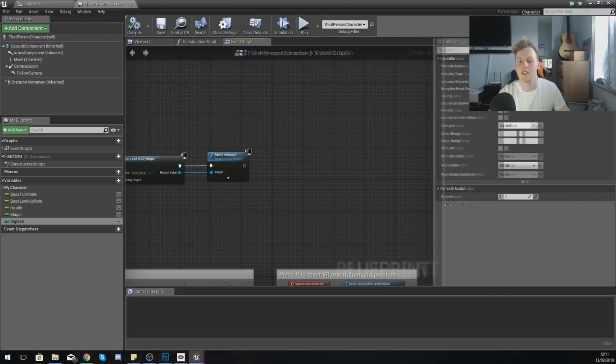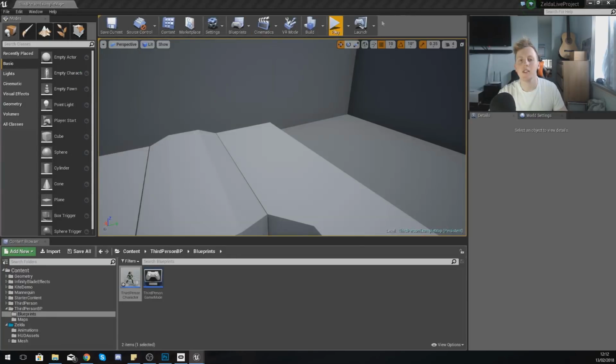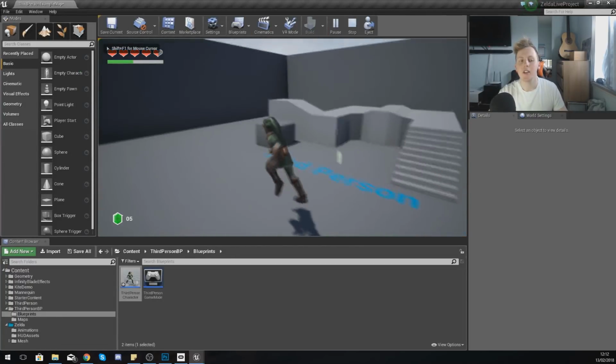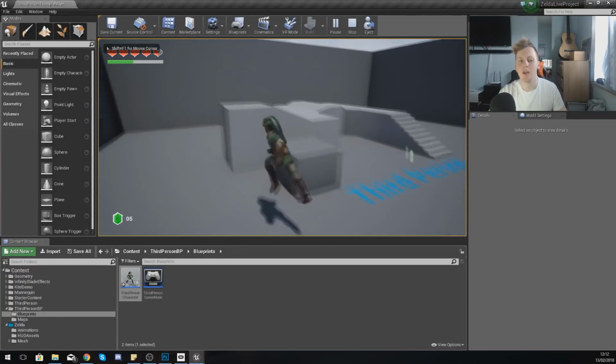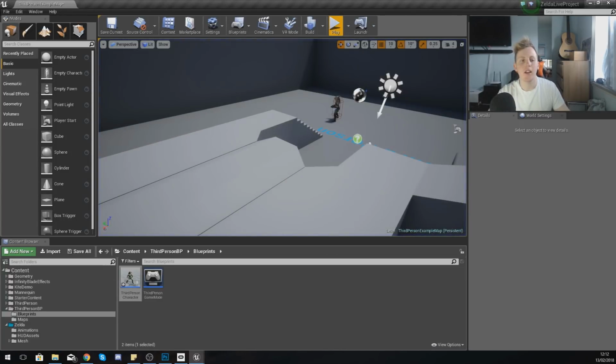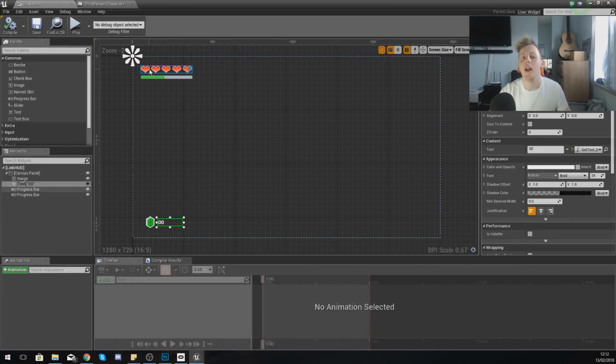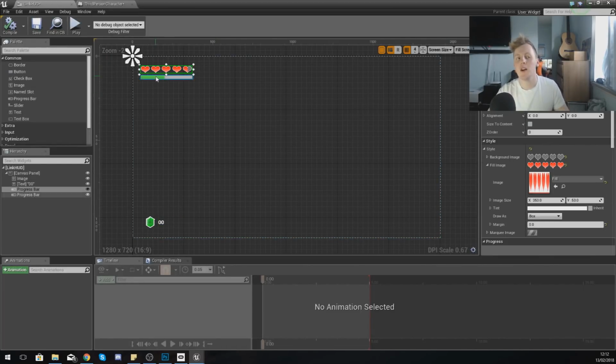So my rupees, I'm going to set the default value to 5, so the player has 5 of these. Press play, and you can see that has now been updated on the player's screen, which is perfect. So we've got our rupees all set up. Let's go back to the heads up display, to the design view, and start working on the health bar and